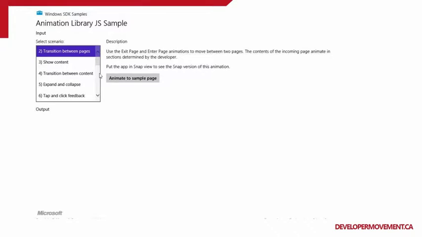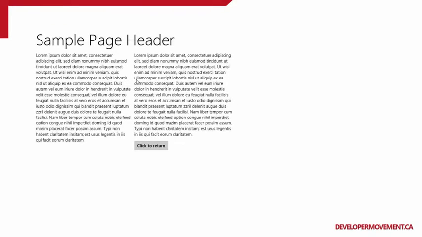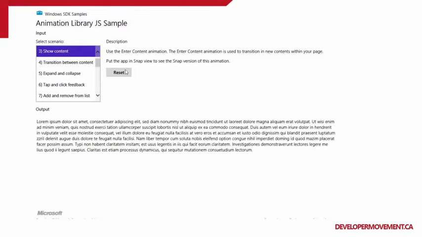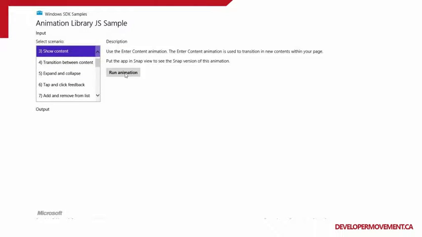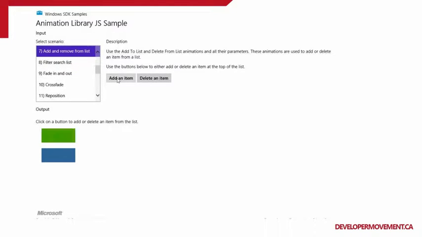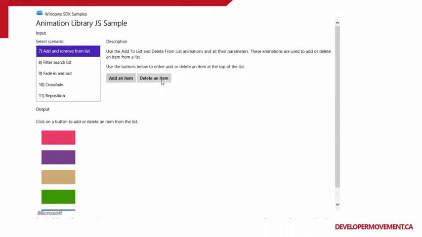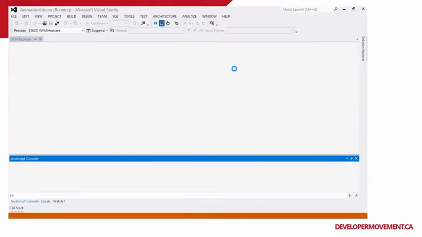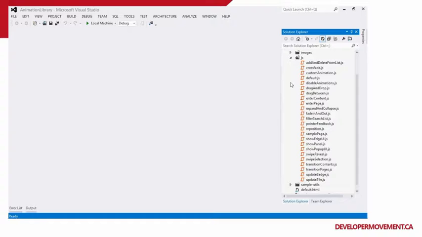Transitions between pages. So we're going to animate to a sample page, and then click to return. So we have enter and exit content. Here again we have show content. And I'll show you some of the list ones. Add and remove from a list. So you have these nice animations. You definitely want to leverage what's available. And I'm not going to go through all of them, but I will show you some of the